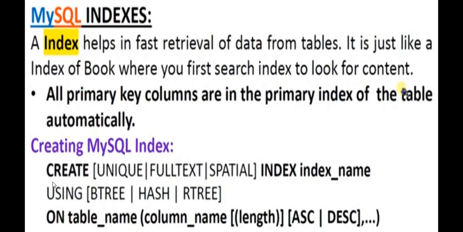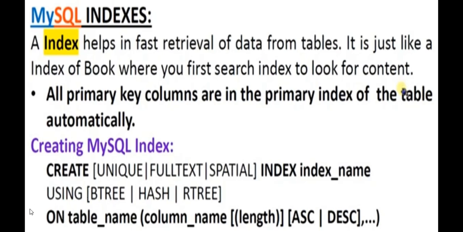For that the query is, you will write create index and then the index name. Okay, then using, see, actually by default the index is created using B tree. B tree stands for binary tree. Okay, but if you want to create index in hash or R tree way, then you can specify it, but we will not be using it here because this is not a part of your syllabus. So by default the index is created using B tree format. Okay, this was for your information only.